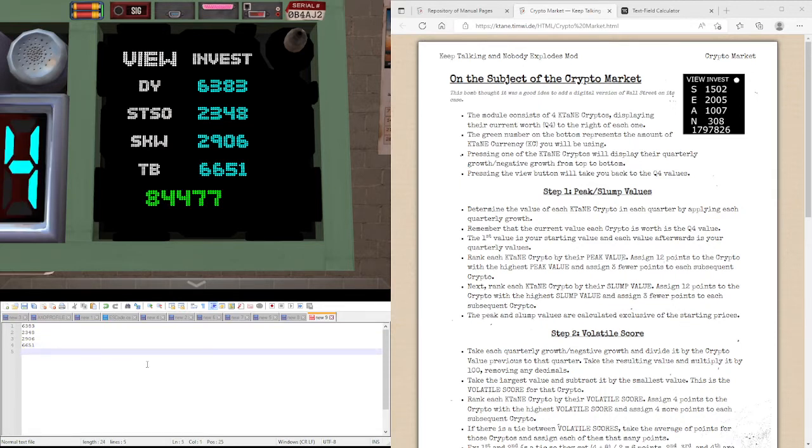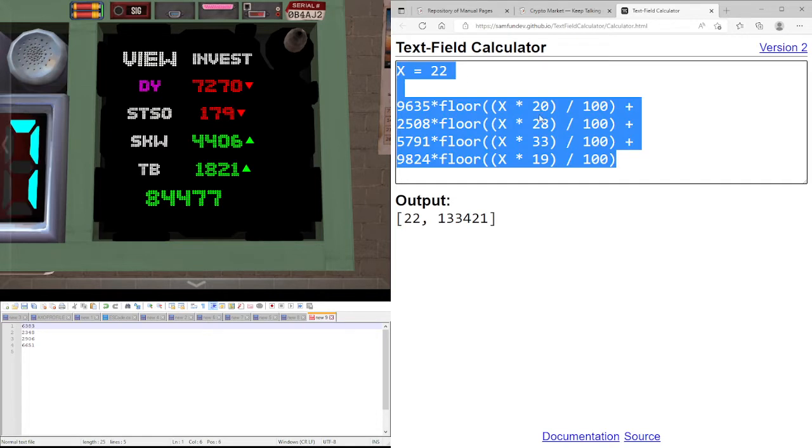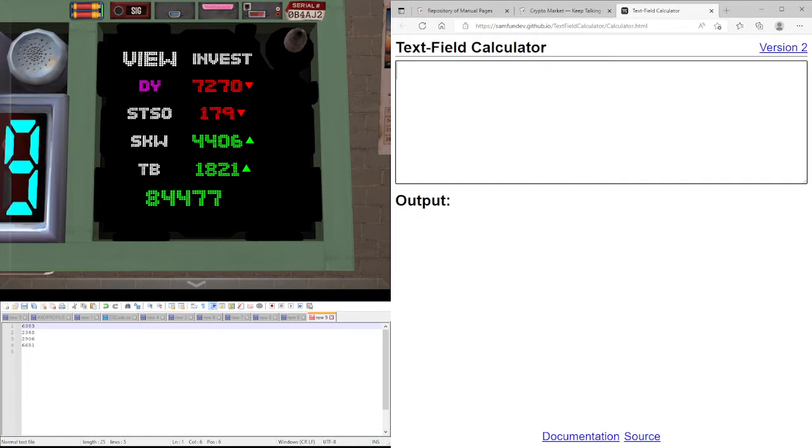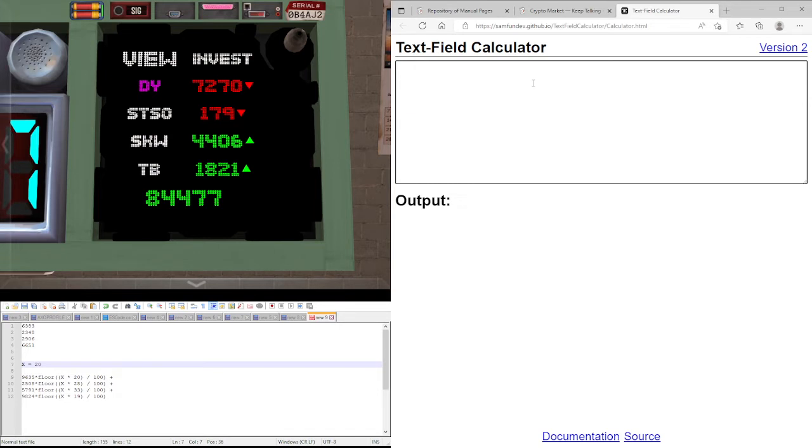Okay. And now let's start with dy. We're going to work from bottom to top here to get the values, and we're going to do the opposite of what it says to get what the value was before this change happened. So, I'm going to do this on my calculator to make it a bit quicker for me, but the calculations are pretty simple, so I'm going to start off with doing it for this first one. This stuff will make sense later. I'm going to keep it here for now. So we've got 6383, and we're going to take away